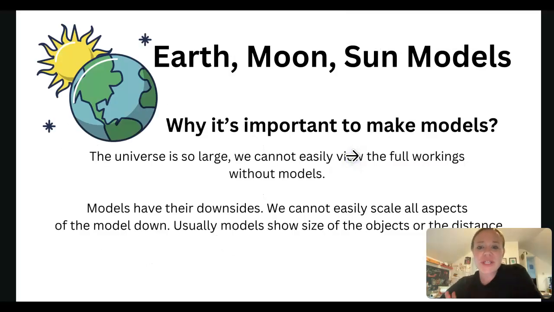So we know it's important to make models because our universe is really big, and without models we really wouldn't be able to understand or see or really look at what different things do in our solar system. So using models helps us look at the size of objects and the distance of objects to really better understand